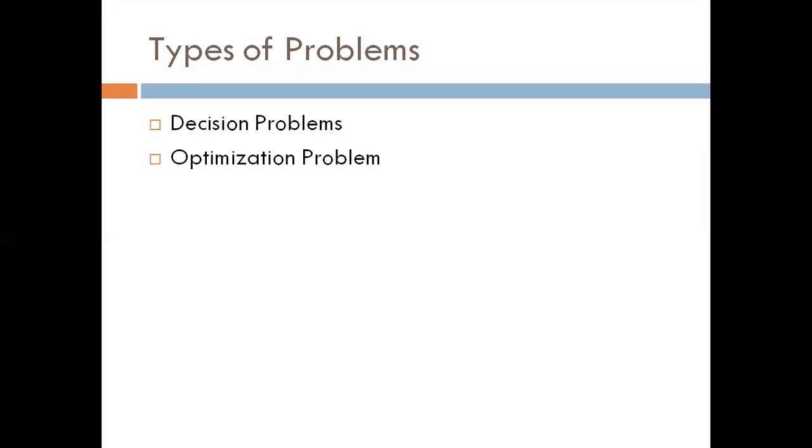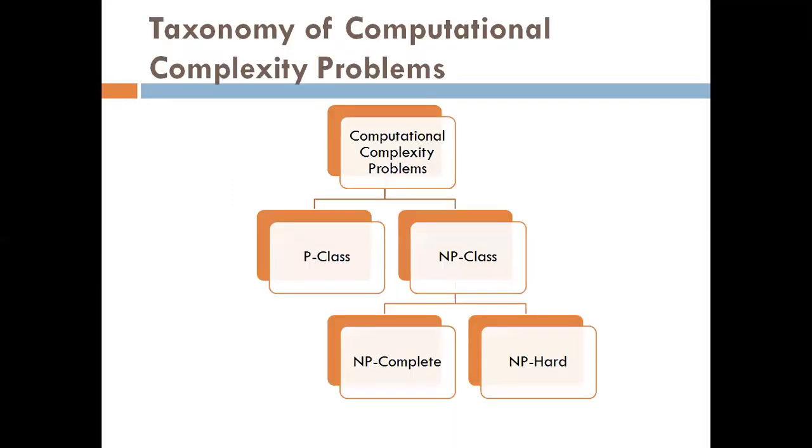Like the knapsack problem, in which we have to find the maximum profit. That is nothing but a maximization problem, which comes under optimization problem. Or we have to find a path from source to destination, that is, we have to find the minimum cost, and that is nothing but a minimization problem, which comes under optimization problem.